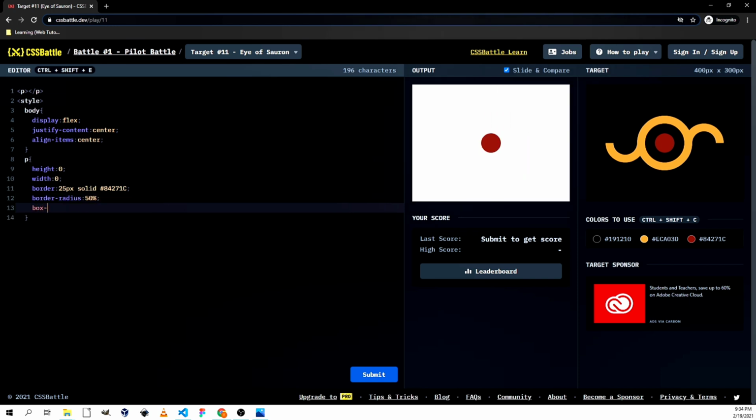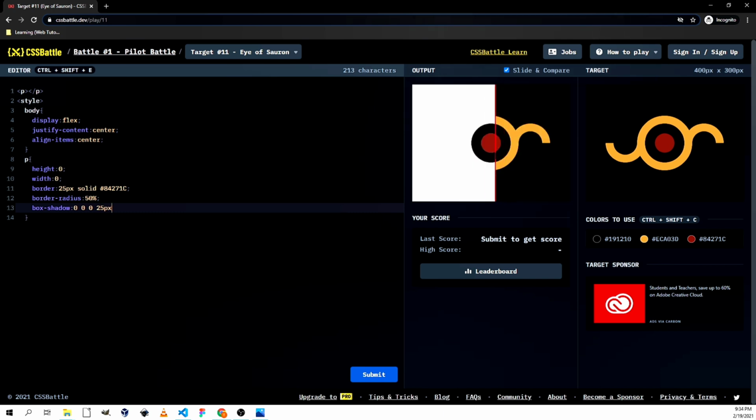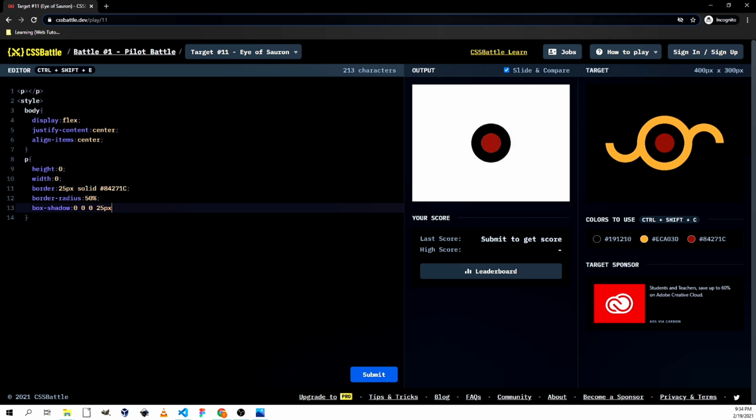So you have box shadow. The first parameter is your x, how much distance from x you want the shadow to be, and the y. So we want it center, so we are not moving anything. What should be the spread is the third parameter, and how many pixels is your fourth parameter. So we need 25 pixels, I guess. Yeah, this looks like 25 pixels, right? So 25 pixels, we need the color to be this,